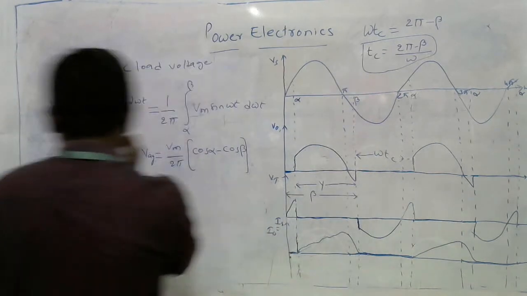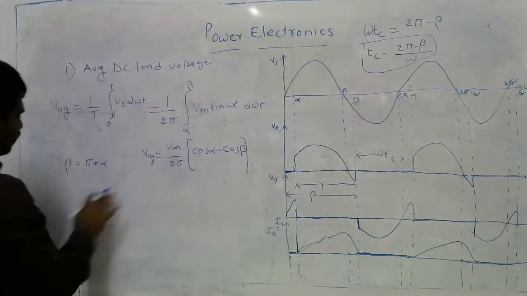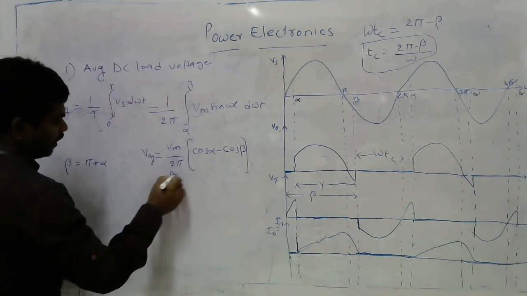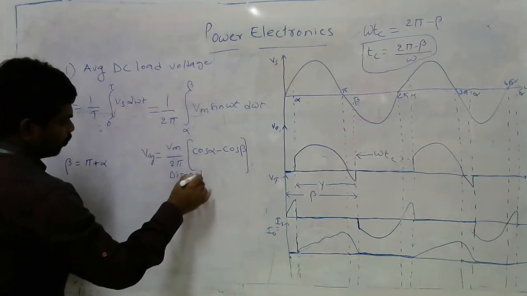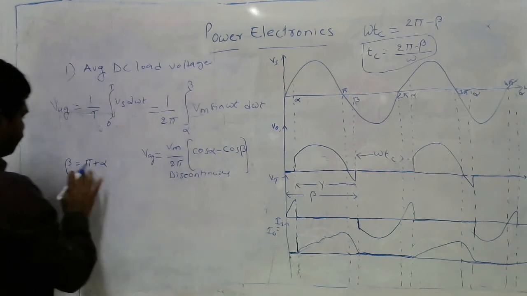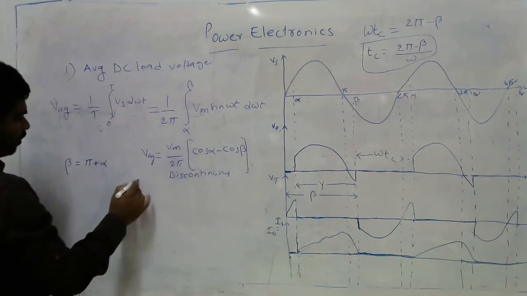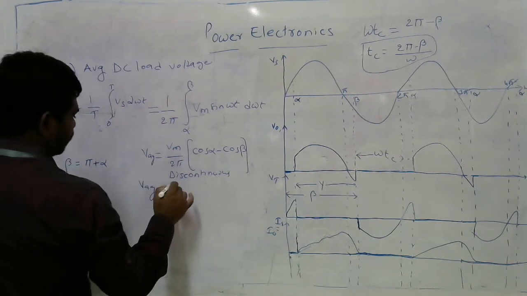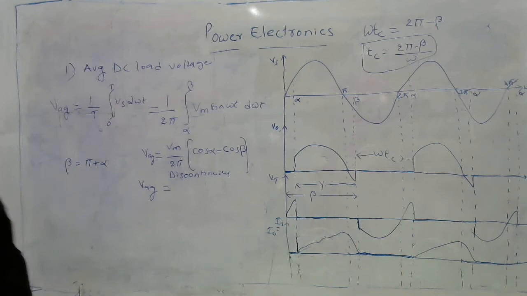If you replace beta with pi plus alpha, it is for continuous operation. So when we keep beta equal to pi plus alpha, V average will be Vm